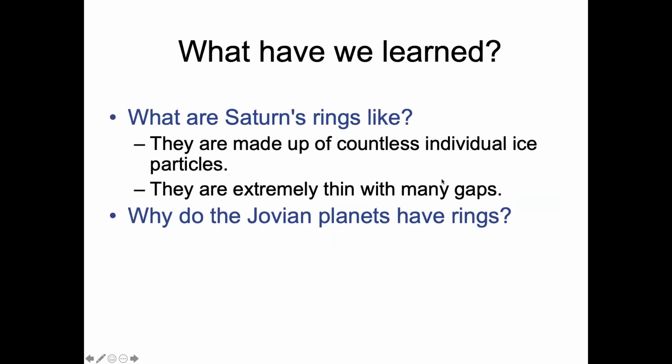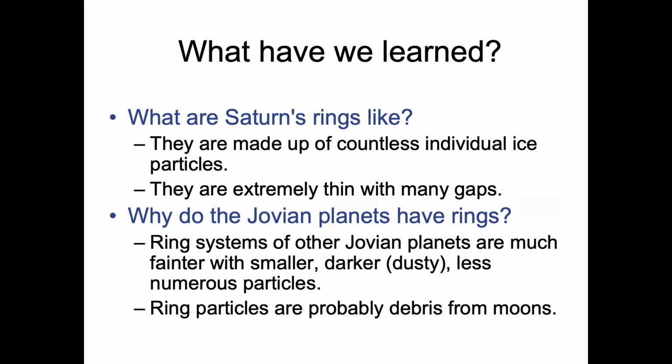And so why is it that the Jovian planets have rings? Well, why don't we really see ring systems around the terrestrial planets? Well, it's probably debris, and there is far more material that could condense in the outer solar system, right? You don't have ice orbiting in the inner solar system. It's just too hot. But in the outer solar system, where ice can condense, we see that there's a lot more material there to form these ring systems with. And they tend to be very faint and small.